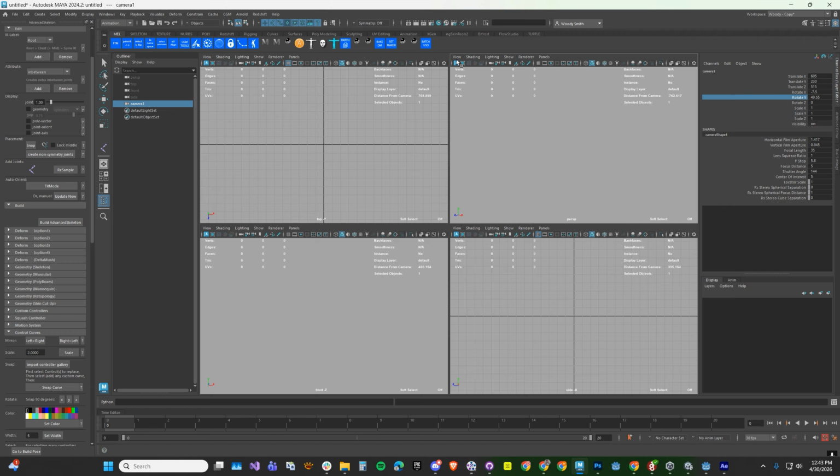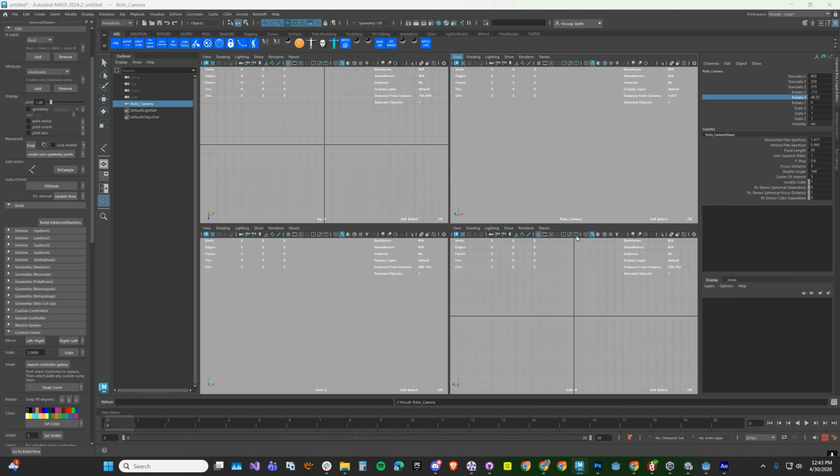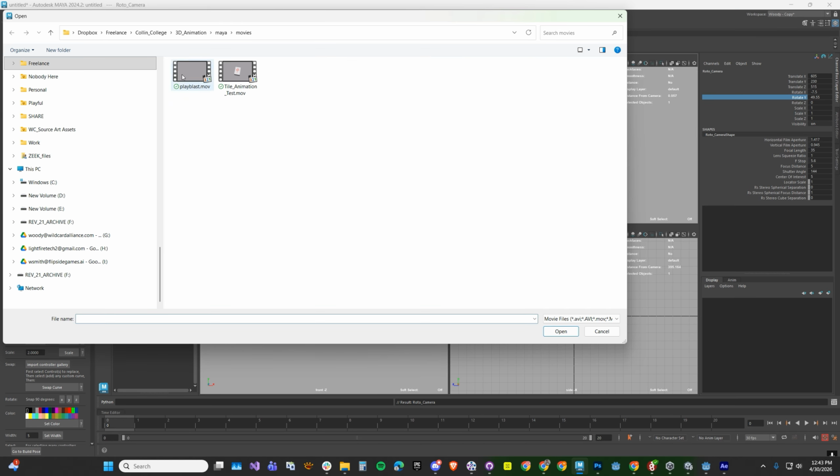The next thing we want to do is go into this camera. So go to Panels, Perspective, Camera 1. We'll rename this to Roto Camera. Then we'll go up here to our View, and add an image plane. Now I have mine as a movie. You can also add images, and I'll show you quickly how to do those in just a sec. So if you go to Import Movie, we're going to find our movie,